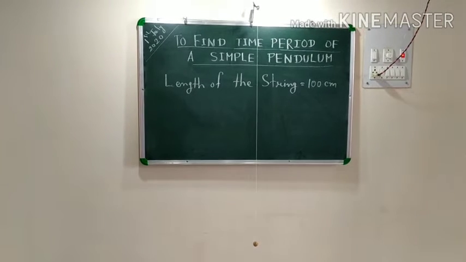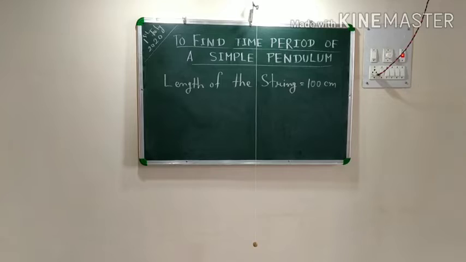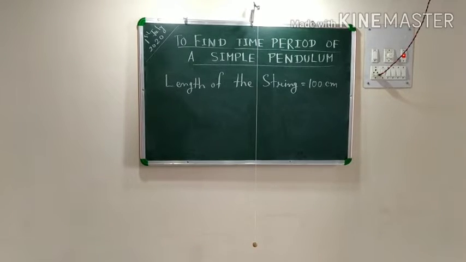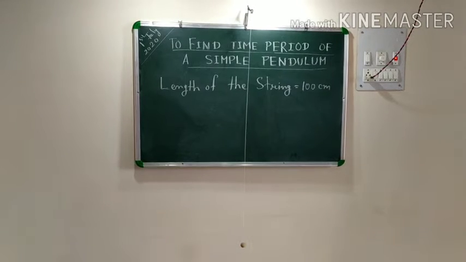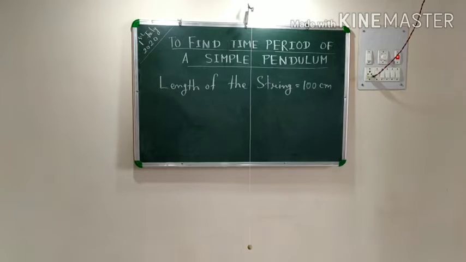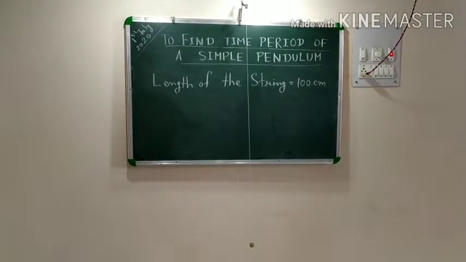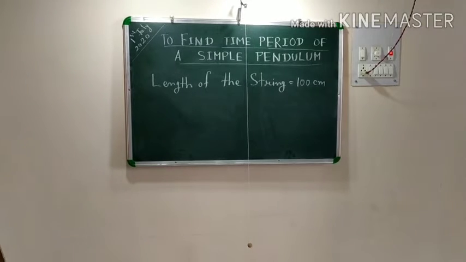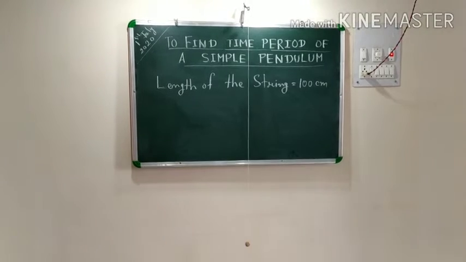Now, how to set the simple pendulum in motion? For this, we have to gently hold the bob and move it slightly to one side. The string attached to the bob must be taut while you displace it. Now we have to release the bob from its displaced position. Here one thing you have to keep in mind, that the bob need not be pushed.